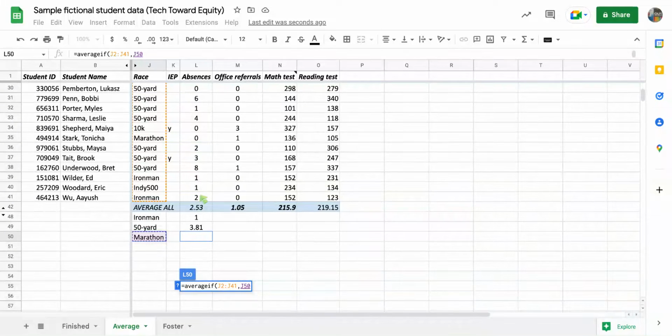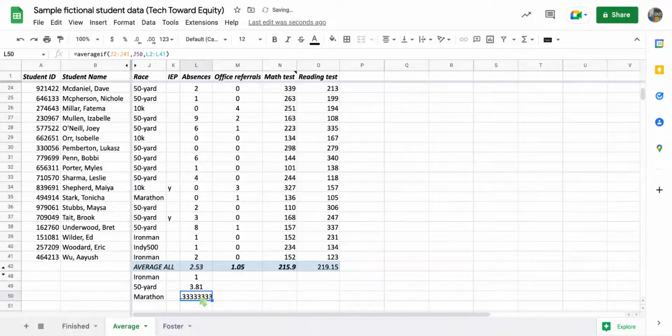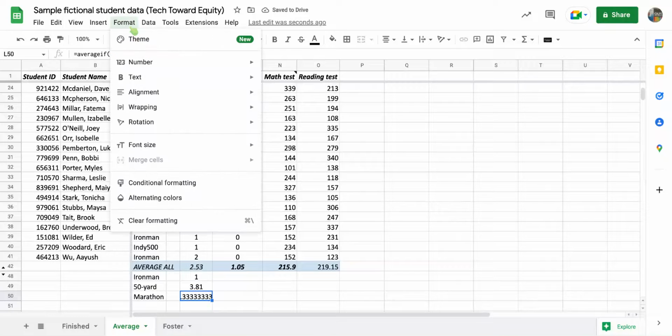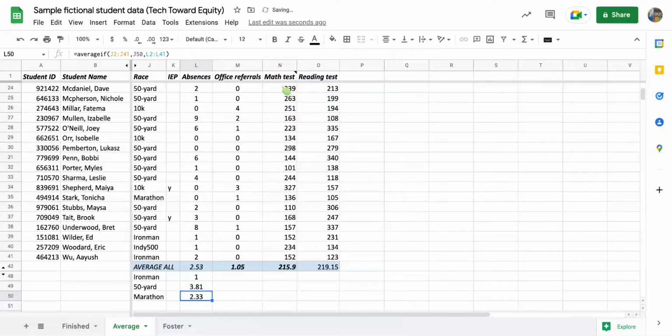And we're going to find the average only of marathon this time in this range of numbers. Close parenthesis. And now we have the marathon. Again, if you don't like all those decimal points, you can change the number style to a shorter one. Marathon is just under the average, so there's not an equity gap for marathon,